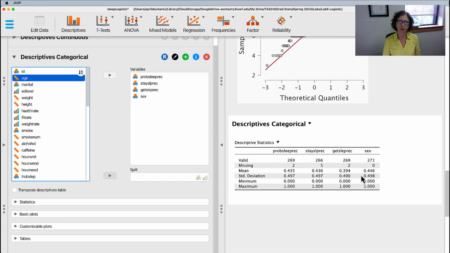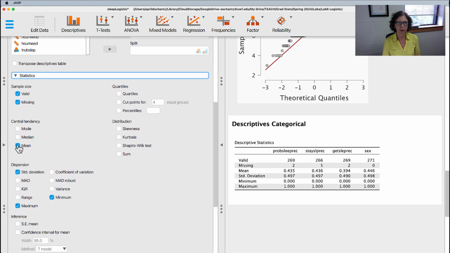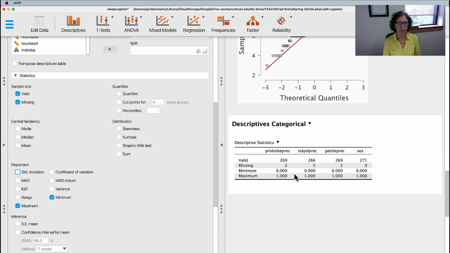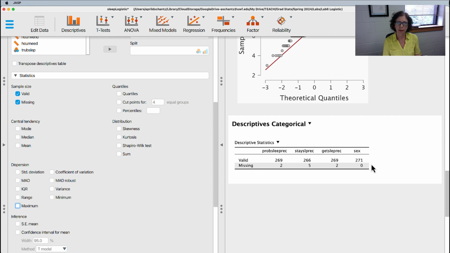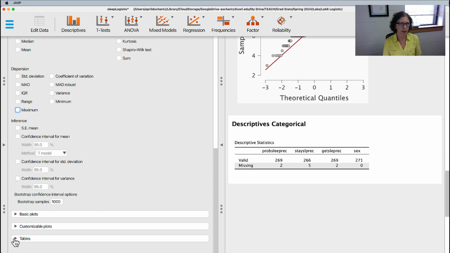So with these, it starts filling in that descriptives table, but as categorical variables, most of this we don't need. So starting with our statistics area, we can say, no, we don't need mean. We don't need standard deviation. So everything coded 0 means no. They did not report a problem sleeping, or they did not report a problem staying asleep or getting to sleep. And then 0 on sex is female, whereas 1 is male. So yeah, we know the min and max because that's exactly how the data are coded. And that means we don't really need them in that table. Here's the only information that's useful to us for categorical variables. How many are missing? But we could use some more descriptives here, and that will be down in our tables,